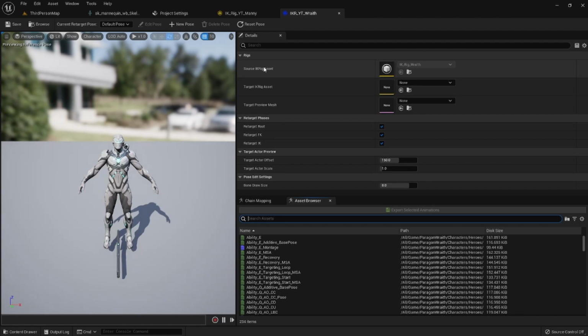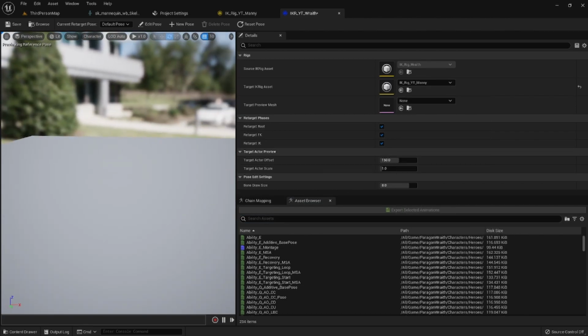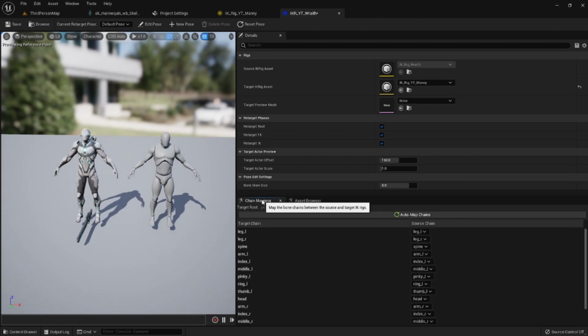And if you want to pause the video and get that set up and then come back to this step, go ahead. But for those of us who have that already, let's go ahead and say the target IK rig, the rig that we want to put these animations on, we're going to get our IK rig YouTube Manny. So now we have both of these in here. If we go to chain mapping,